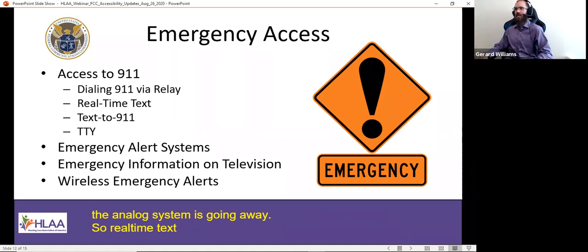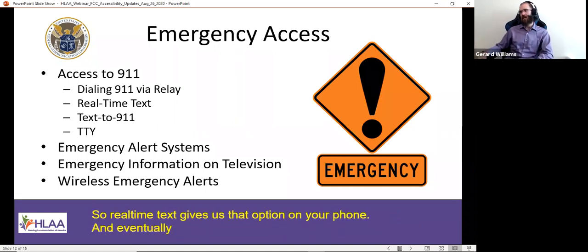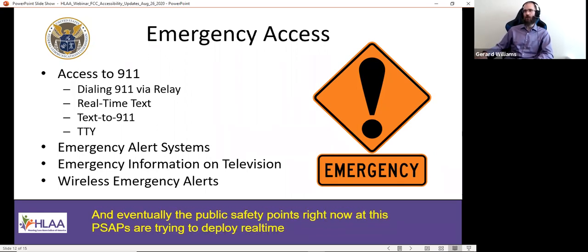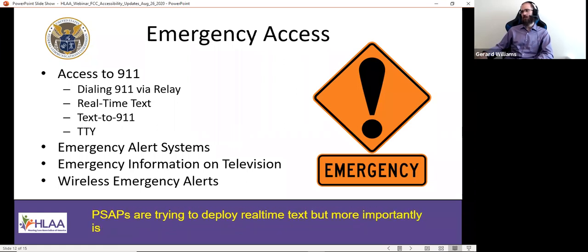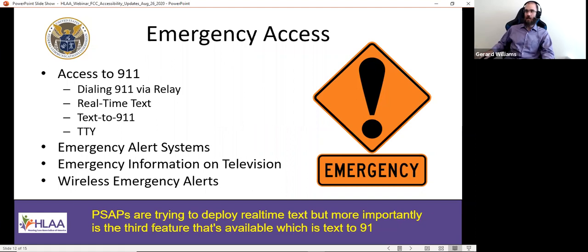And eventually the public safety answering points, the PSAPs, are trying to deploy real-time text, but more importantly is the third feature that's available, which is text to 911 in general. It is technology neutral.